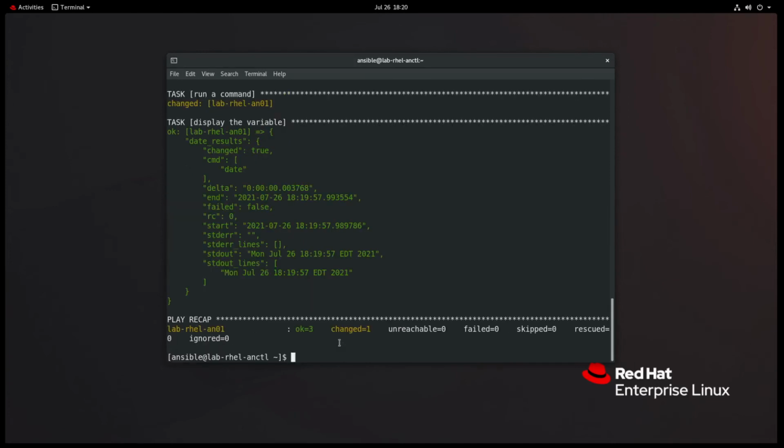All right, so we ran a command, and the command that we ran was just the date command. Now notice what was provided within the variable. You see RC 0. You see what came out with standard output, and also some other things,